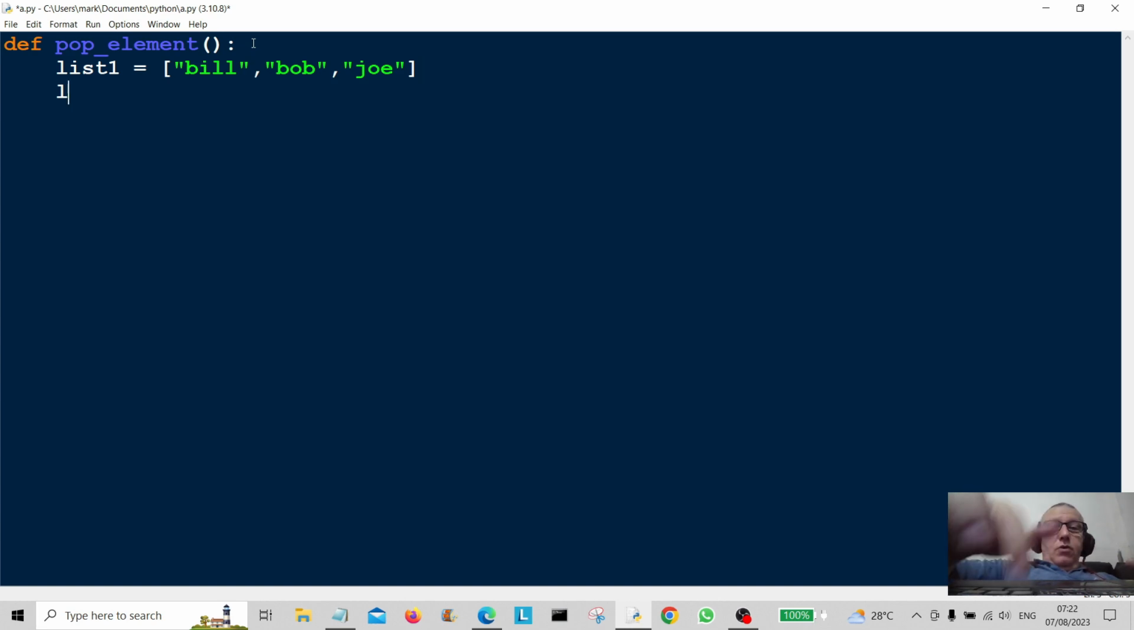Okay, so list1 dot pop. I want to pop one of these names from this list, so I want to remove it. So I'm going to pop Joe here. If we look in here, 0, 1, 2, he's index position 2, or if we count it from this way, it will be index position -1. So let's try -1,